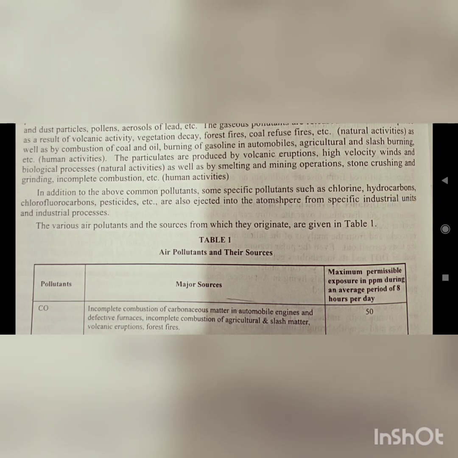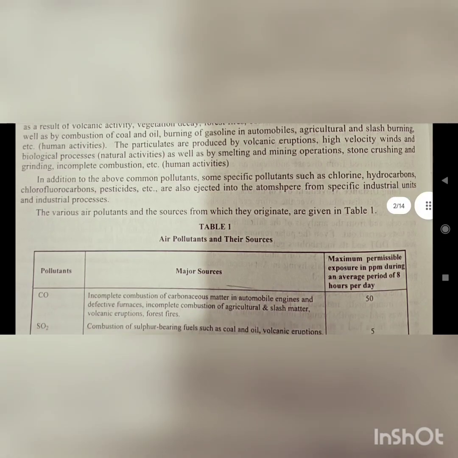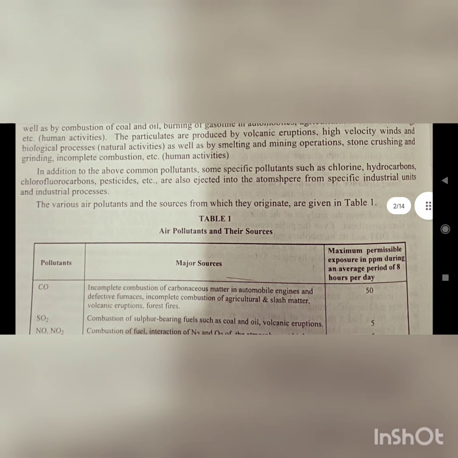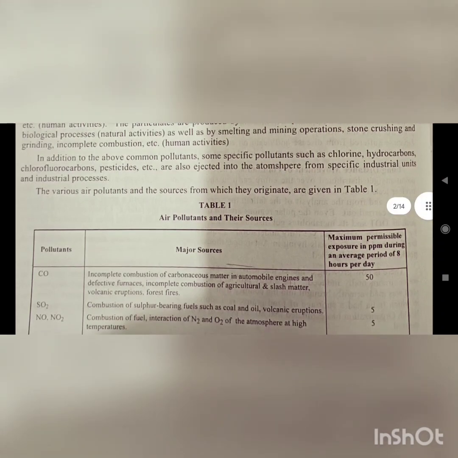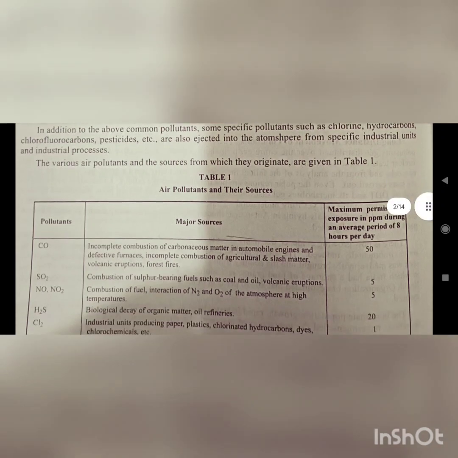In addition to the above common pollutants, some specific pollutants such as chlorine, hydrocarbons, chlorofluorohydrocarbons, pesticides, etc., are also ejected into the atmosphere from specific industrial units and industrial processes. The various air pollutants and sources from which they originate: